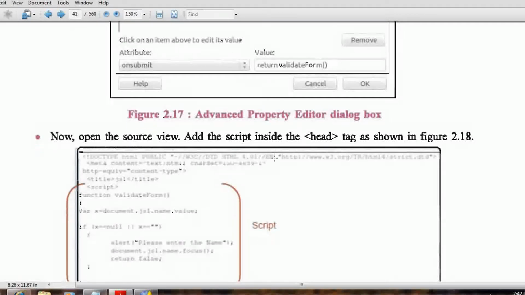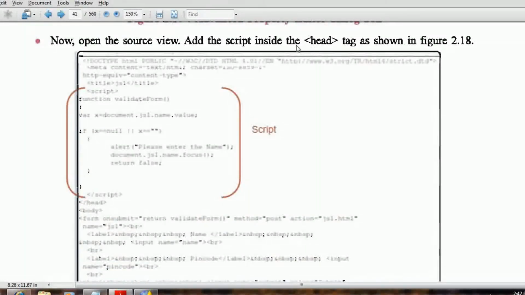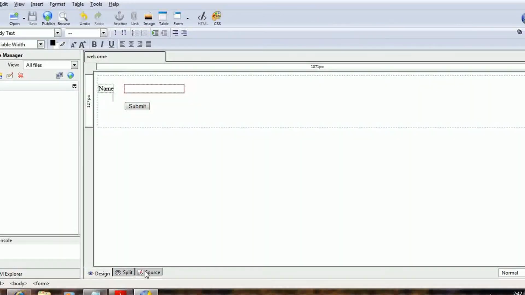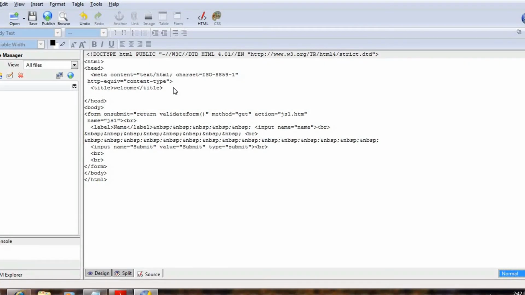Now open the source view and add the script inside the head tag. So here I click on source, and inside the head statement I am writing the script.